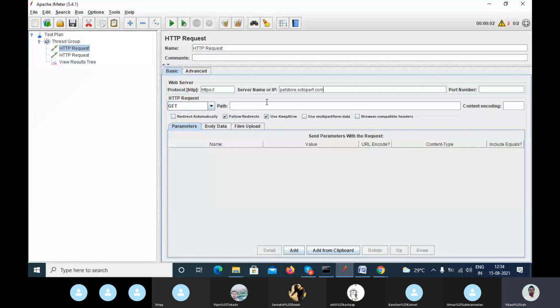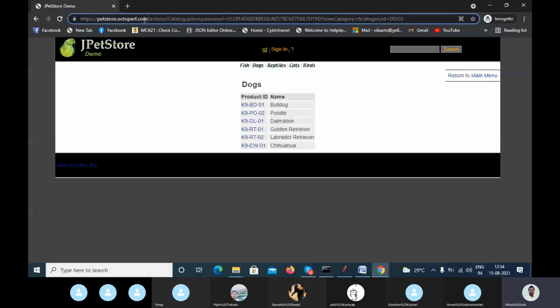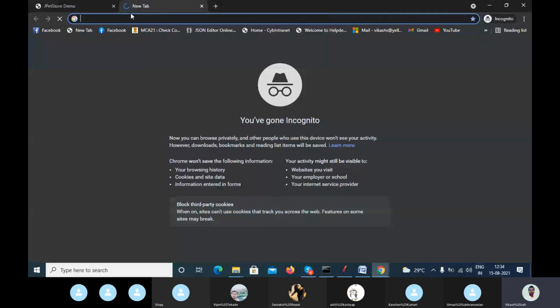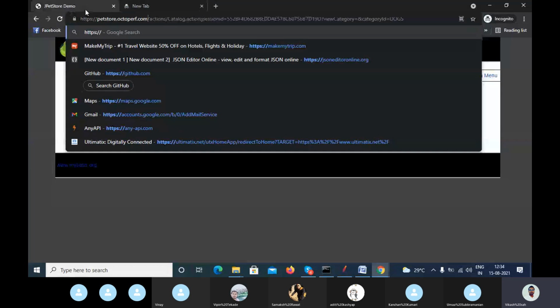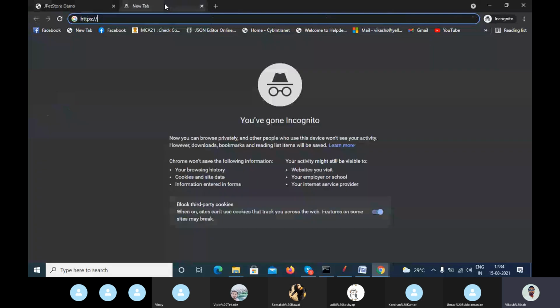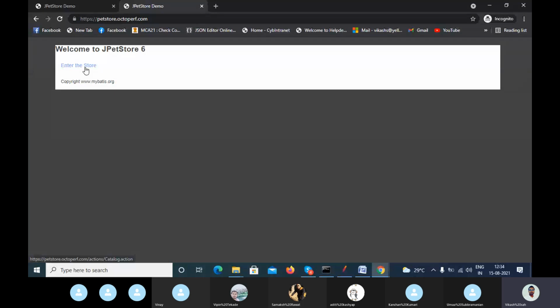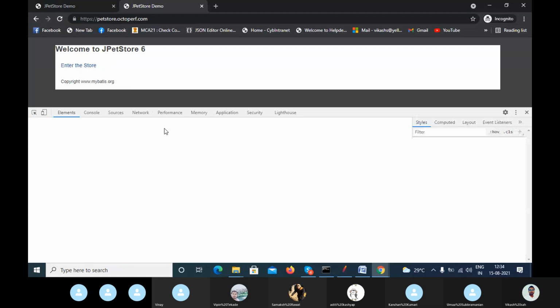So I have mapped this URL, the pet store URL. The first scenario is to open the Jetpack store. So I will open the Jetpack store. This is my first scenario. The second request is to enter the store. So go and inspect this element and